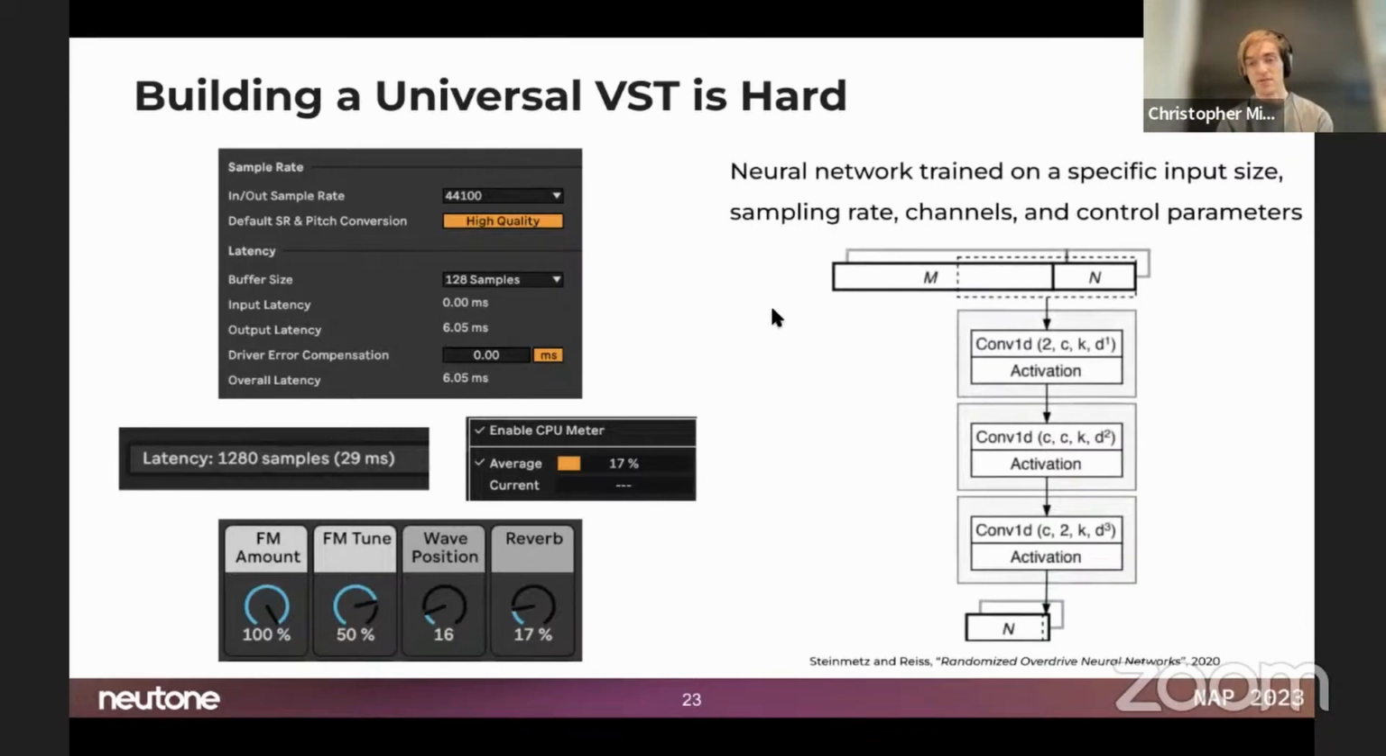And then finally, on top of all of this, we have neural networks, which can be flexible, but in general, they are trained on a data set and they have an architecture that is defined. So this is an example of a temporal convolutional neural network, which is a common way of processing audio. And the issue with this is that